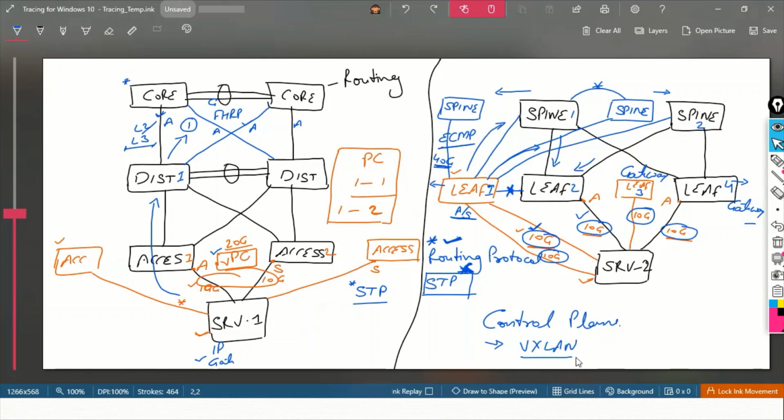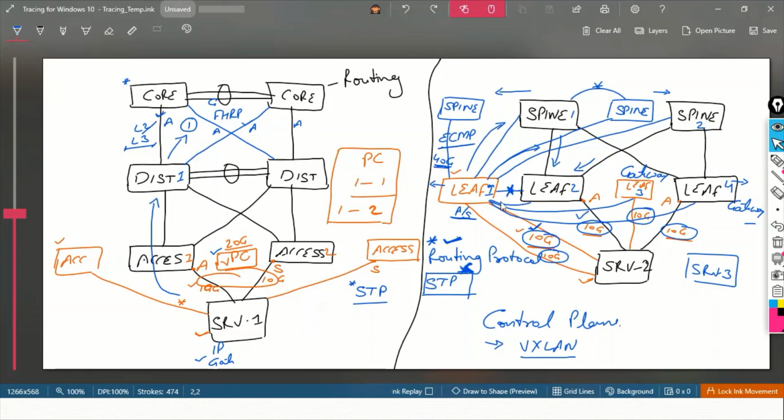VXLAN runs on these devices together and creates a tunnel between the leaf devices. So whenever we want to send traffic from server 1, server 2 to server 3, then this control plane protocol will come into the picture and send the traffic logically from one server to another server via this VXLAN tunnel.